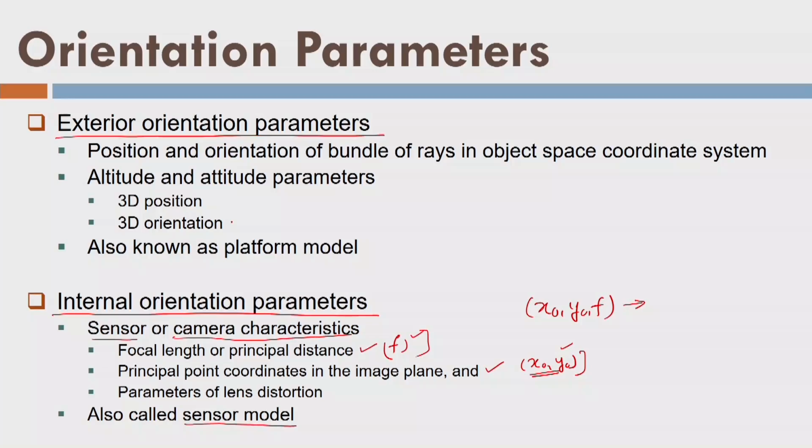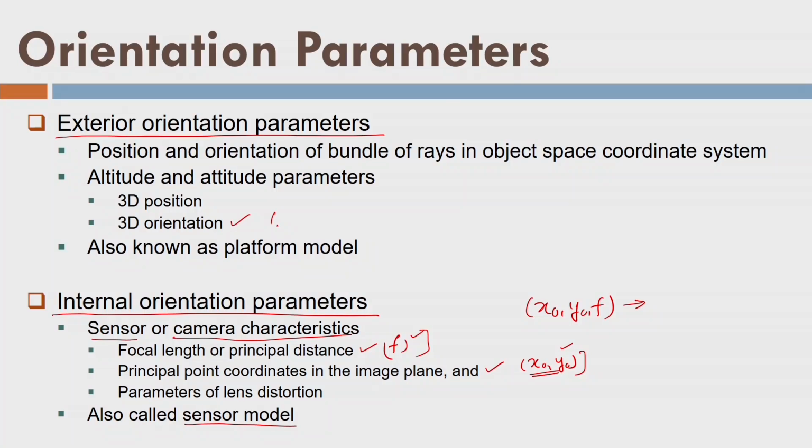We have done some image transformation, or we have rotated our image into the object coordinate system by some angles omega, phi, kappa. We call them 3D orientation. That means we are rotating each and every bundle of rays which are creating the image. So, I am rotating by angles omega, phi and kappa. All the rays are creating one image, and as a result I say that I am rotating an image. These rotations are omega, phi, kappa.